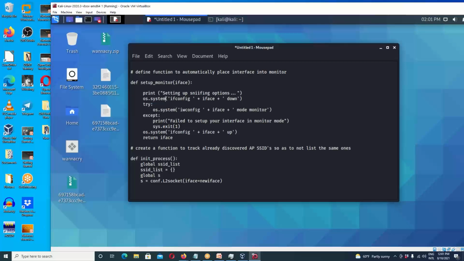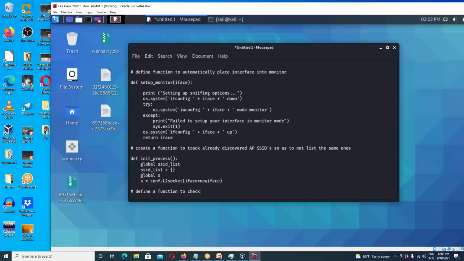And let's see, we got the SSID list. What else do we have? Oh, we also got to check to see whether or not there's root privileges, right? Notice we always use sudo in class. Now we're using the scanner, we have to make sure that the user has root privileges. So that's what we're going to do next. This is a function that's going to check to see whether or not they have root privileges. Define a function